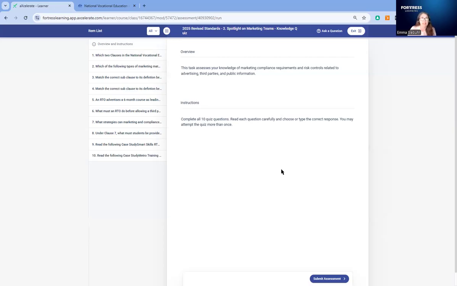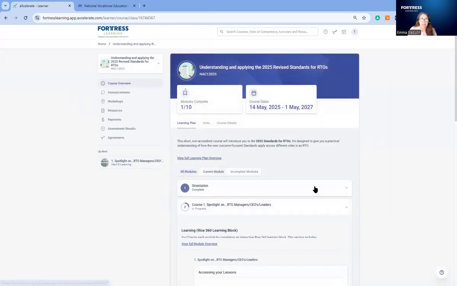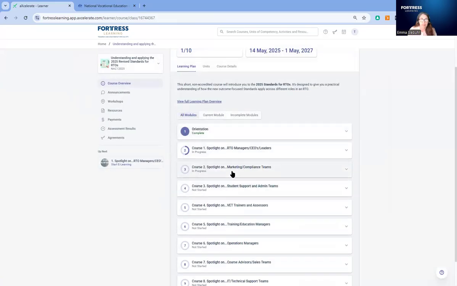Sometimes there are glitches in these matrices and we can sort it out very, very quickly. Okay, so to come out, we're going to exit. And to get back to your course, the best way to get back nice and quickly is in this toolbar here. So you'll see this is the pathway from home through to everything we need. So we're going to go back to the main overview